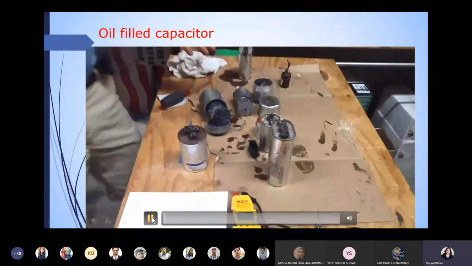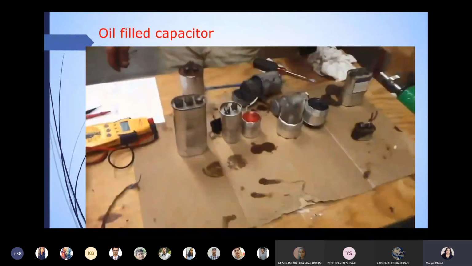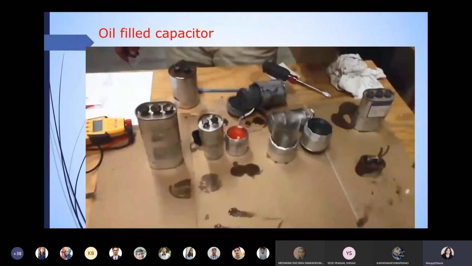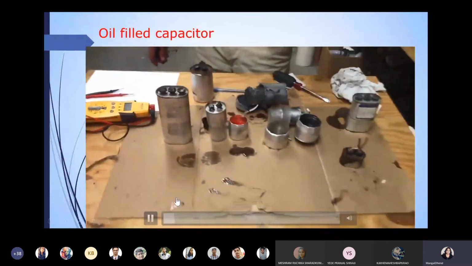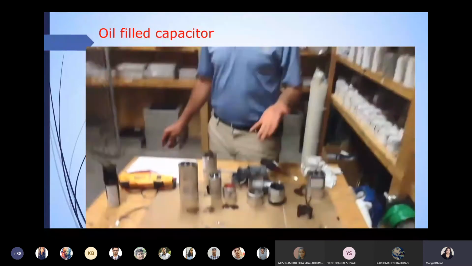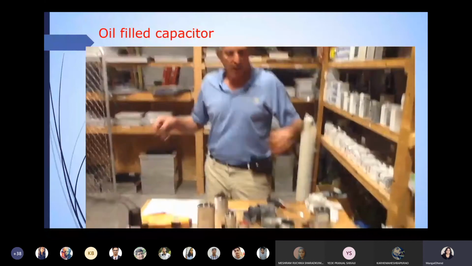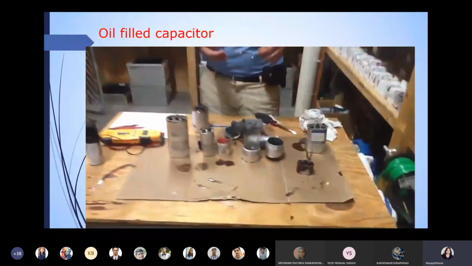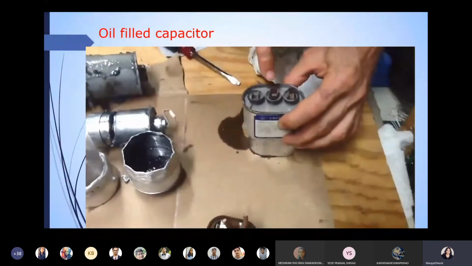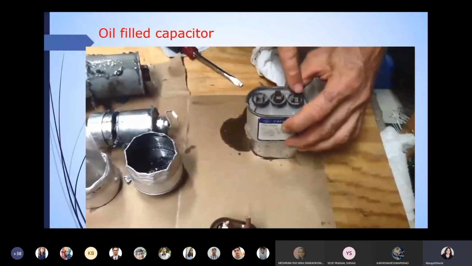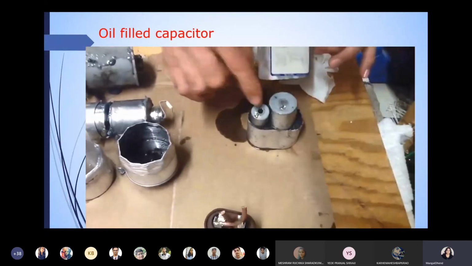Okay, folks, we've done several videos this morning on capacitors. I myself am always curious what's inside of something. What's inside of a compressor? What's inside of a TXV? And this morning, what's inside of a capacitor? I have no idea, worked on this stuff for years. I just want to point out a couple of things here. This here is a dual capacitor. Of course, this is common. This is Herm. This is fan. I'm going to pull it up.